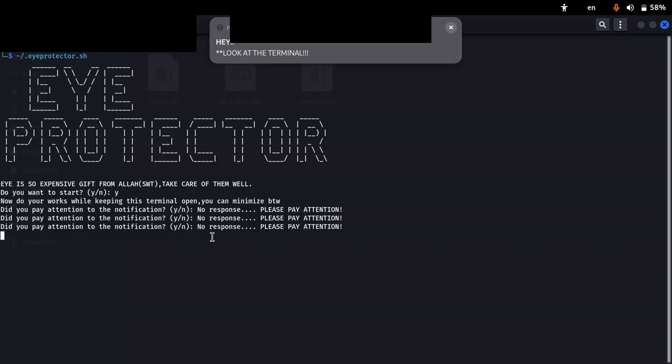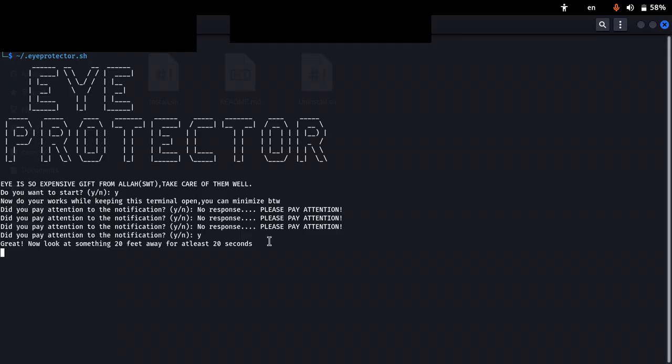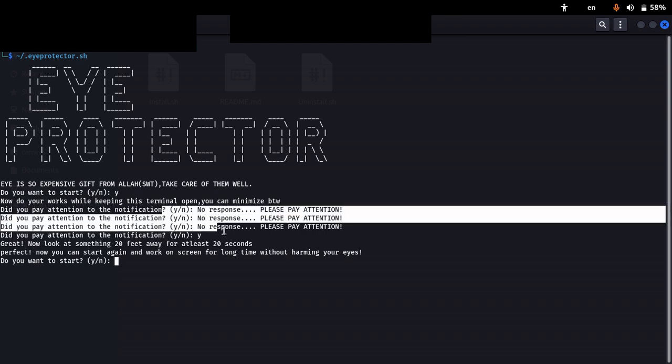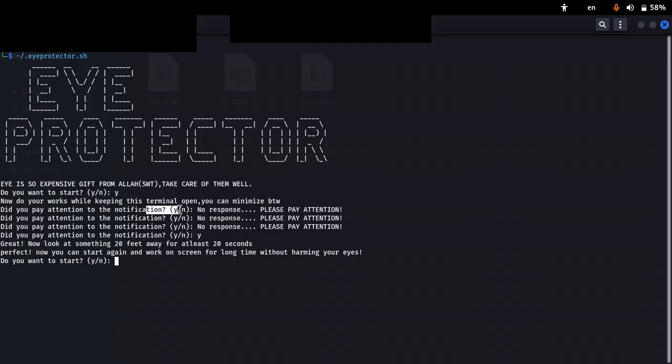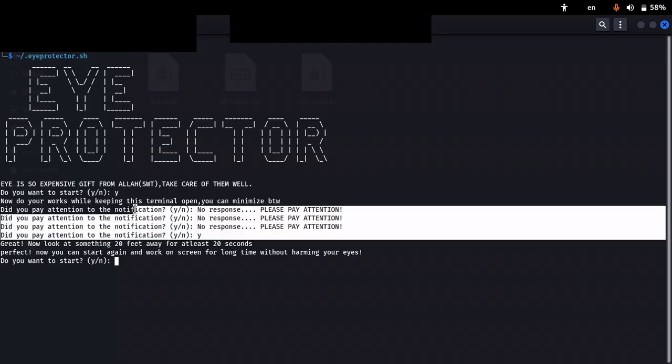Look at the terminal. And here if you give Y and do an enter, then it will start. Perfect. Now you can start again and work on screen for a long time without harming your eyes. Your terminal starts talking to you. If you don't respond to this notification, it will keep giving you notifications and keep telling you to look at